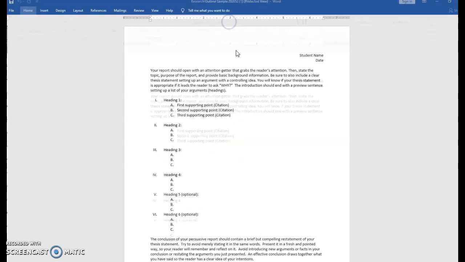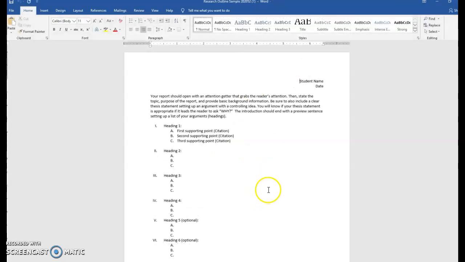Okay, so the document explains what you're going to include in your introduction. So you're going to want to read that information and then replace it with your actual information. This is an opportunity for you to actually type out your first paragraph.